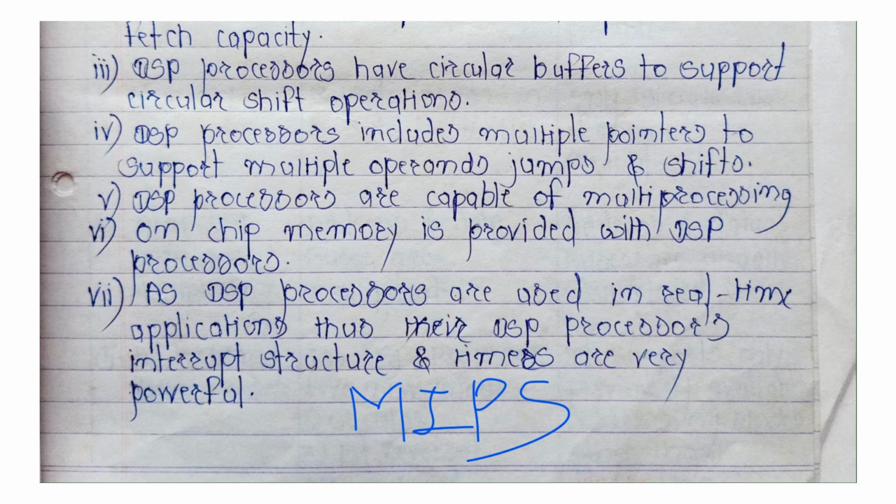So you just imagine what is the capacity of the DSP processor. It can execute million instructions per second. And if you Google what is the value of a million, you will see how huge a quantity of instructions it can execute. That's why DSP processors are very powerful processors, and they are used in a very efficient manner. Okay, so please understand that the speed of the DSP processor is MIPS, million instructions per second. It is a very powerful processor. Okay, so we will move forward now.